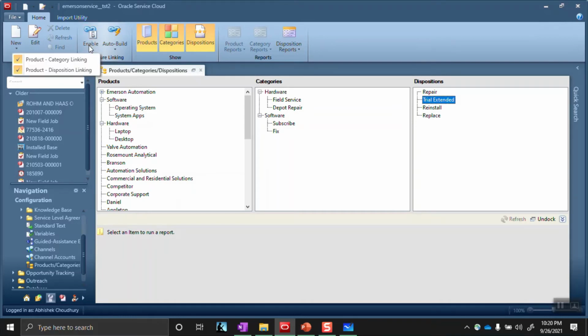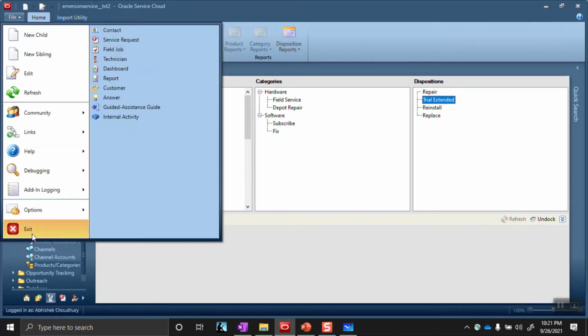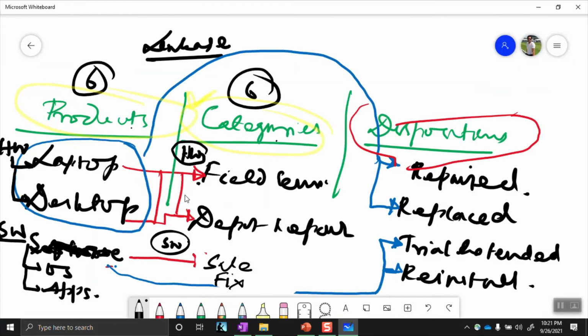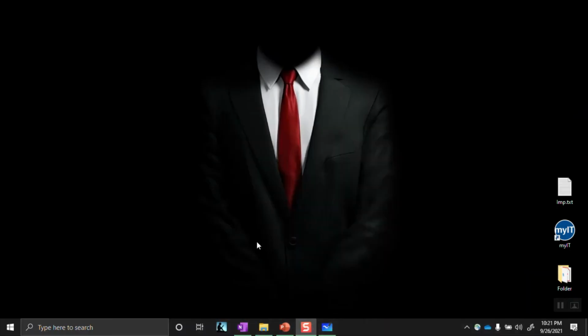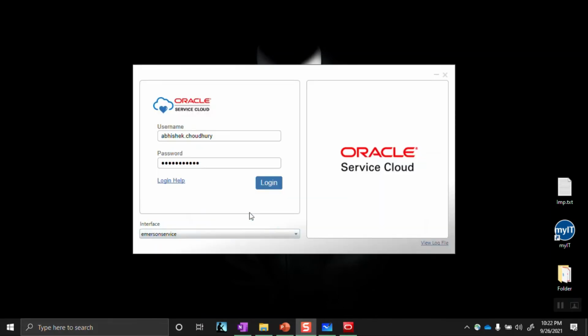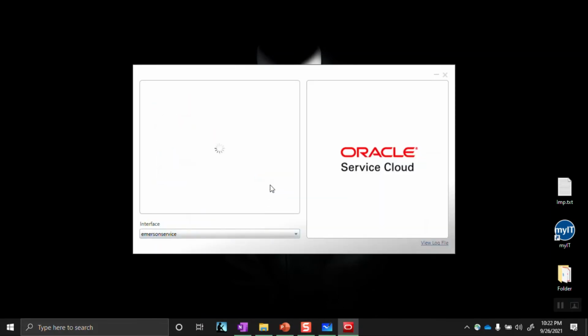Okay, so I have just checked those two links, and now I will be re-logging. So let me close everything, or let me exit. So I'm re-logging into the system.